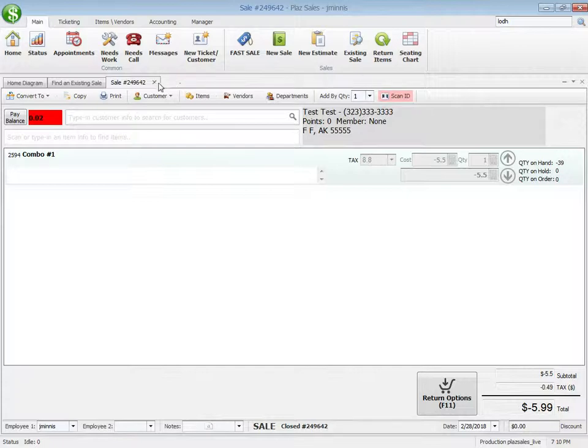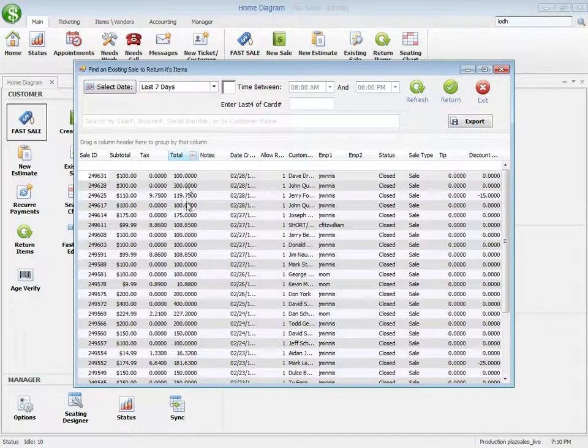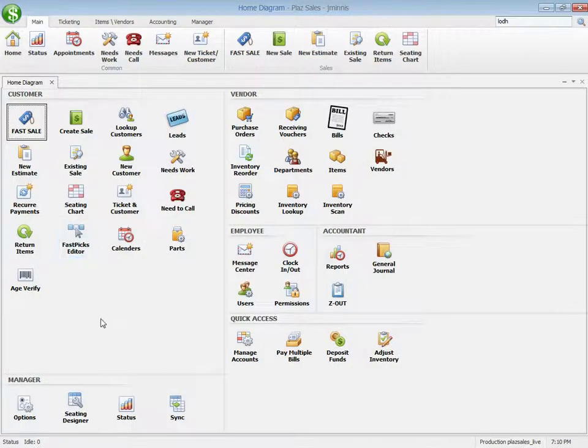I'm going to show you one other way to go ahead and pull up the returns, and that would be the return items button right there, or right in the top here, right next to existing sale. So you click return items, and then you can just select any ticket you want, and it will pull up the return information just like I showed you on the other screen there. So that probably covers all the important things on the fast sale,